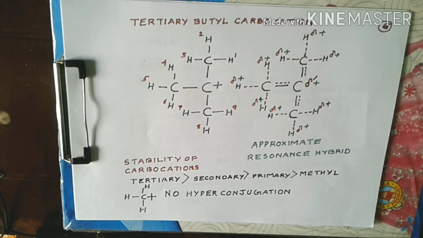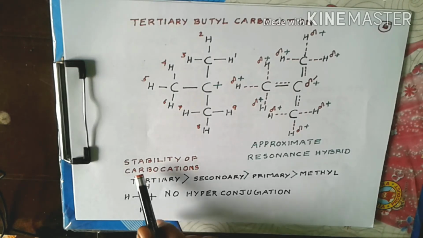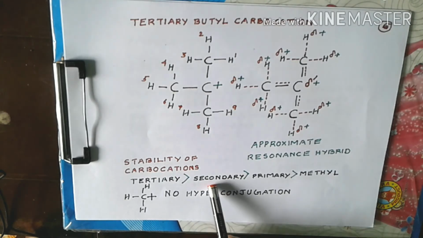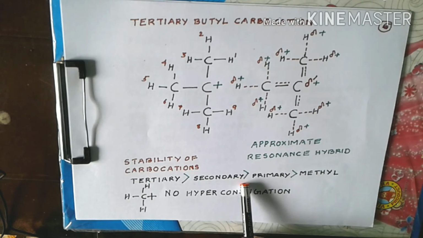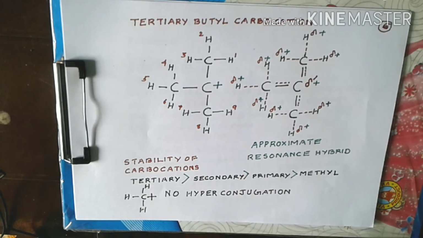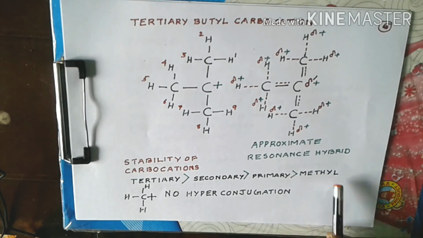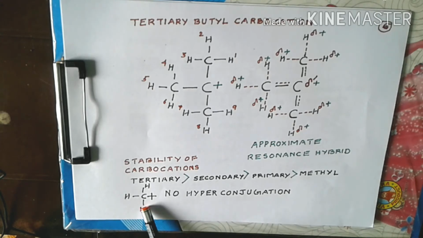So it is the most stable one, and hence when we compare the stabilities of various types of carbocations, we find that tertiary carbocation, which has the maximum number of hyperconjugation canonical structures, is the most stable, and the second most stable one is secondary carbocation, and then comes primary carbocation, and a methyl carbocation is the least stable because there is no hyperconjugation in a methyl carbocation shown here, no hyperconjugation.